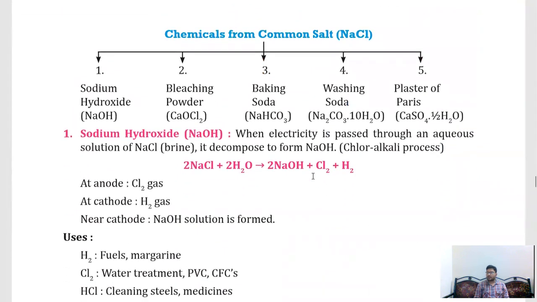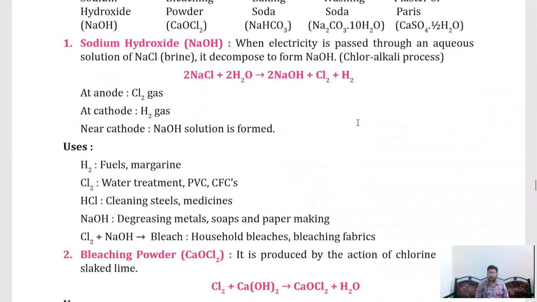Now we are in the concept of salts. Guys, in your 10th class textbook you have 5 salts. First one, sodium hydroxide, chemical formula NaOH. Bleaching powder, CaOCl2, calcium oxychloride or calcium hypochlorite, whatever you want you can call it. Baking soda, NaHCO3. Guys, one small idea I'd like to tell you.